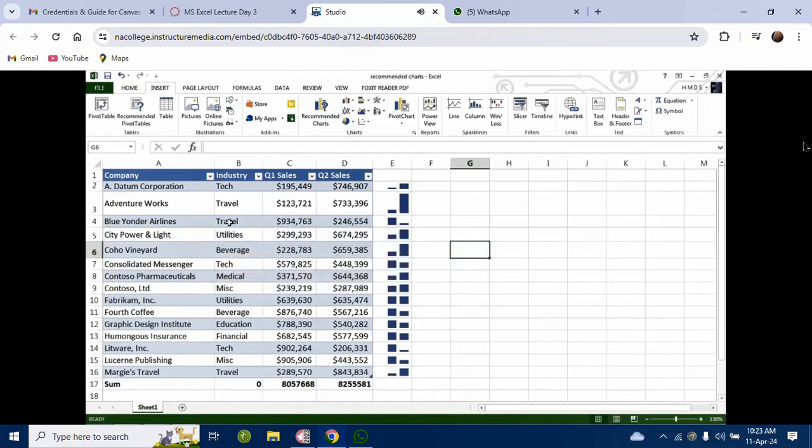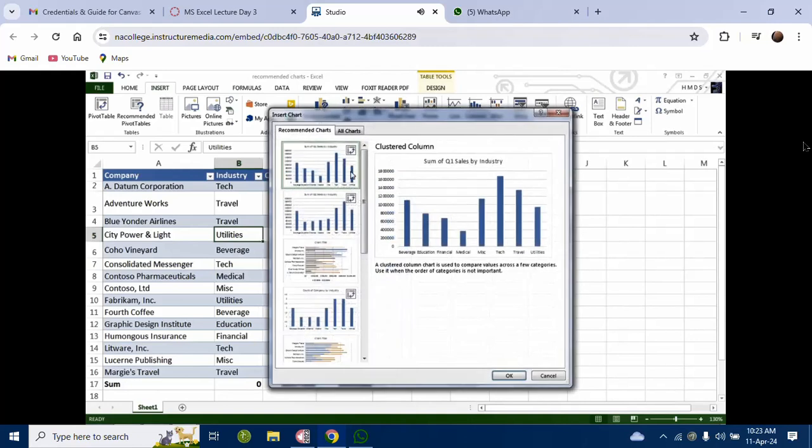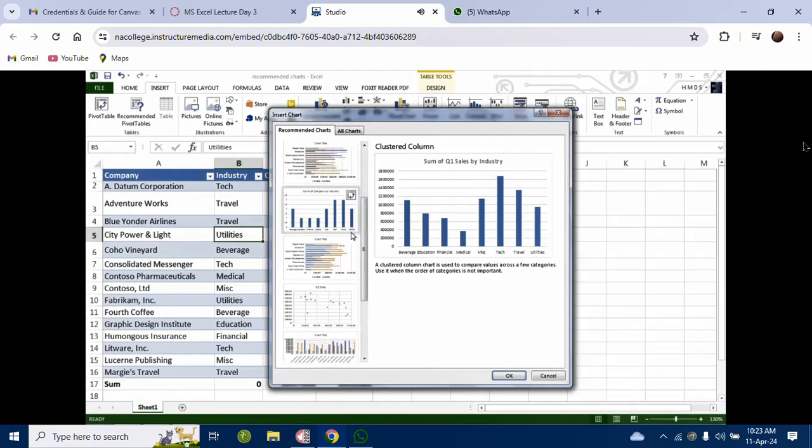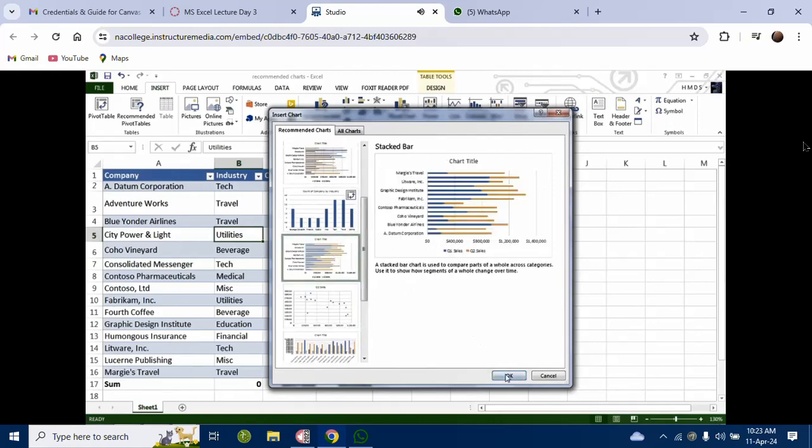and I have to select the data. So I have to ensure that my cell selected is part of the table, and then I'm going to click on Recommended Charts, and now it gives me a few options. And let's go with this one. I'm going to press OK,